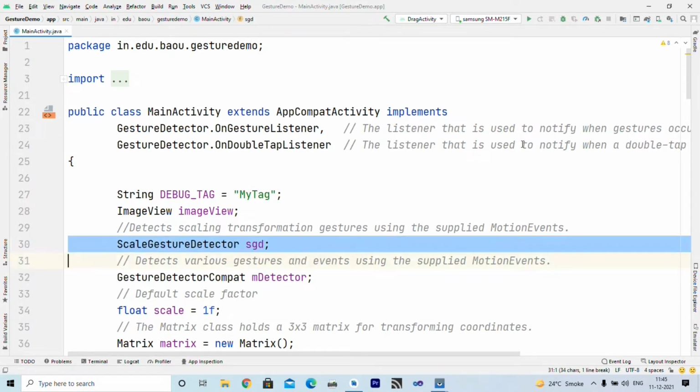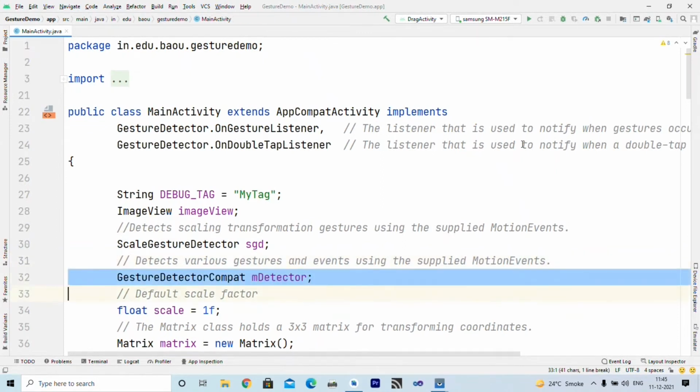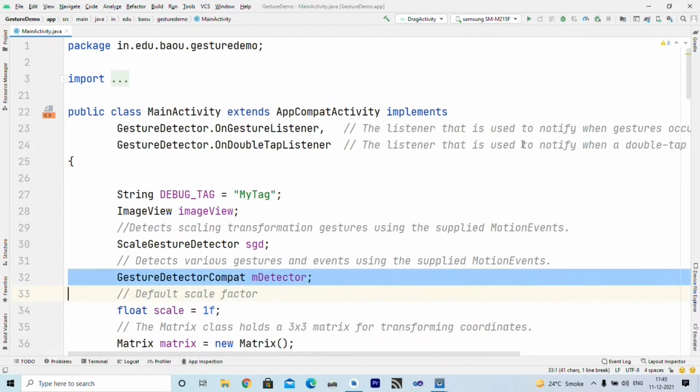Remember, this is used to actually get information on how much scaling has occurred. Then we have GestureDetectorCompat, which is used to detect various gestures and events using supplied motion events, right? So you need to declare these two objects: one is ScaleGestureDetector and another is GestureDetectorCompat.